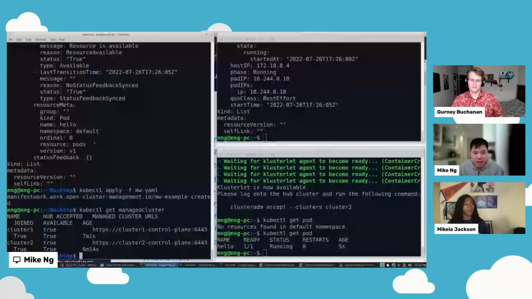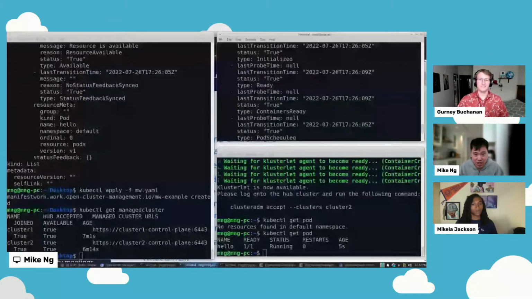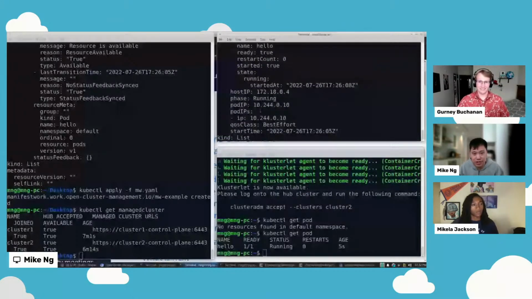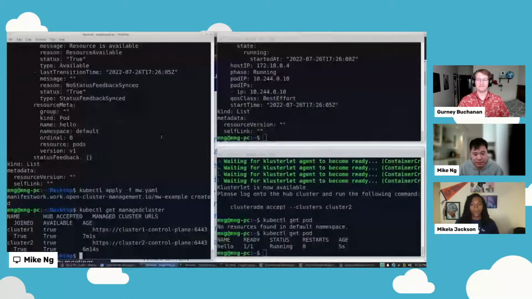There's an option in the manifest work where you can configure that. But we definitely don't recommend syncing the entire status. There's a JSON path configuration that you can pick on manifest work, and then you can cherry pick the status you want, and that becomes quite lightweight as well.